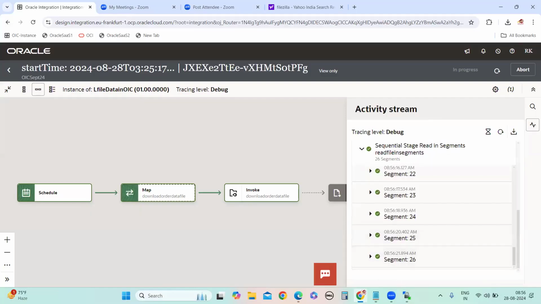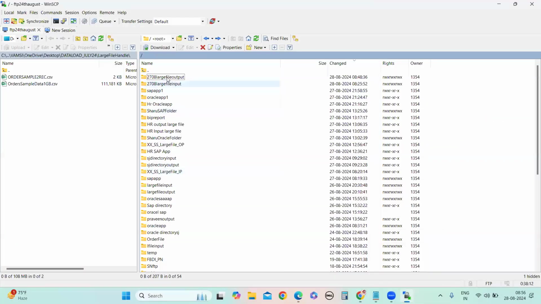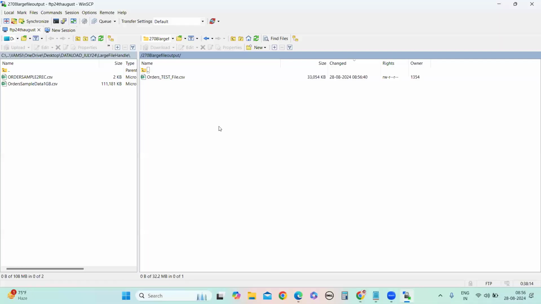So it is dividing the segment, but it will come only one file. Okay. So now as soon as you refresh, this will be increase.